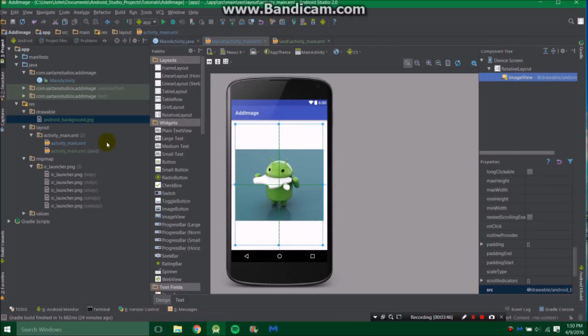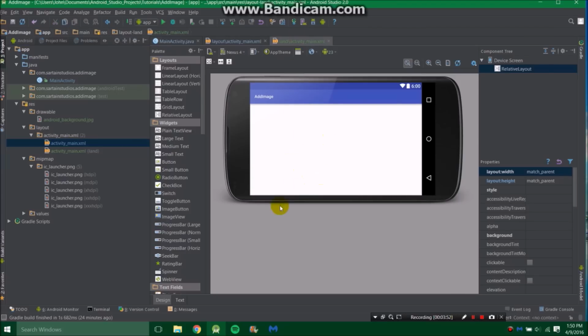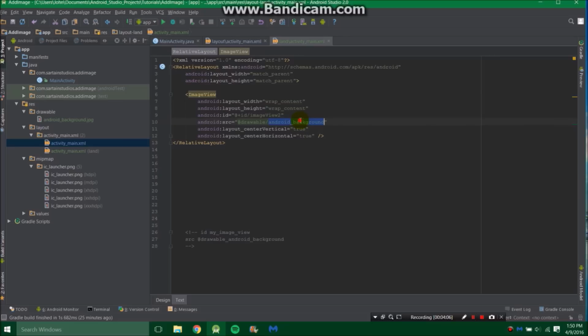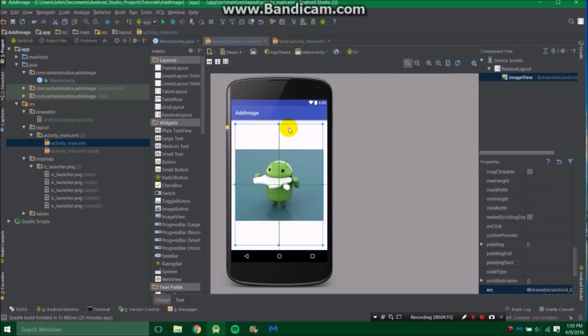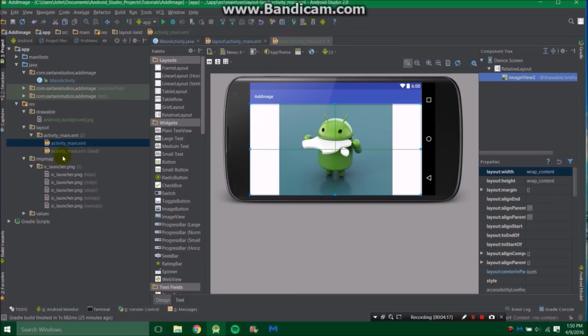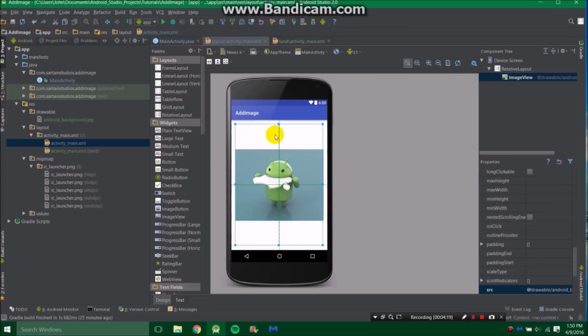and as you can see here, it pops up. Keep in mind, if you have a lot of layouts, like for instance I have a portrait layout and a landscape layout, I will need to do that twice. So I'm going to go over here, get my image view, click it onto here, and add my Android background. Now on both my layouts I have my picture. This is a nice method, but if you have a lot of layouts it can be very time consuming, so I prefer to take a different method.